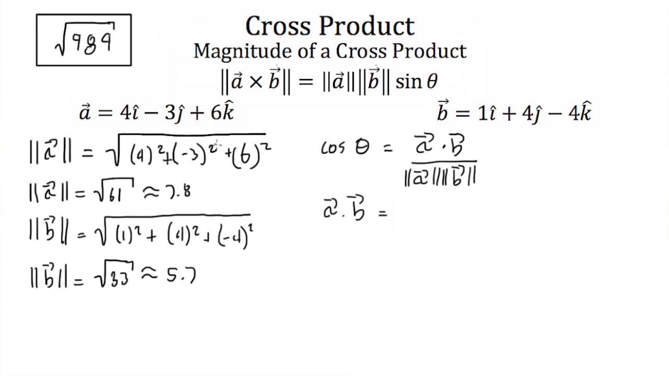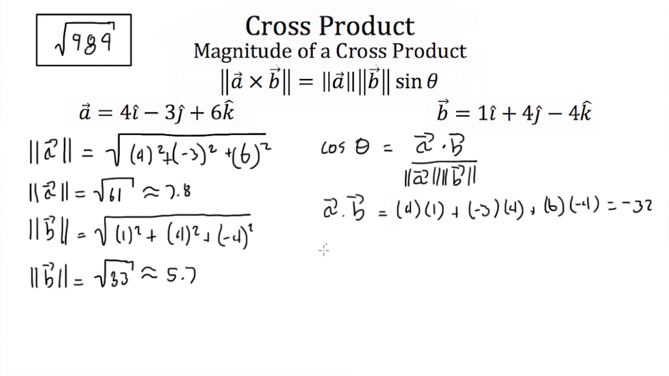Well, when we find the dot product, we take their x values and we multiply them together. So 4 times 1. And we add that to their y values multiplied together. So negative 3 times 4. And we add that to their z values multiplied together. So 6 times negative 4. This is equal to negative 32,